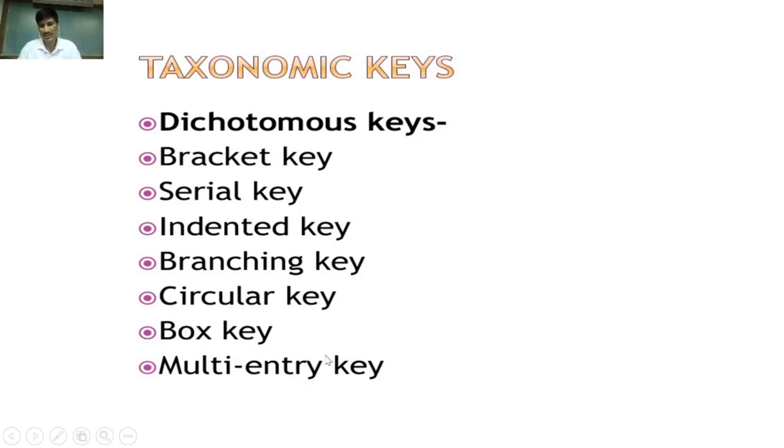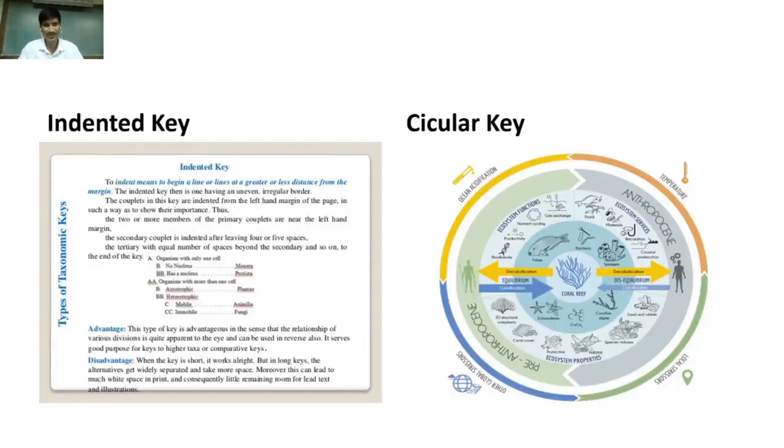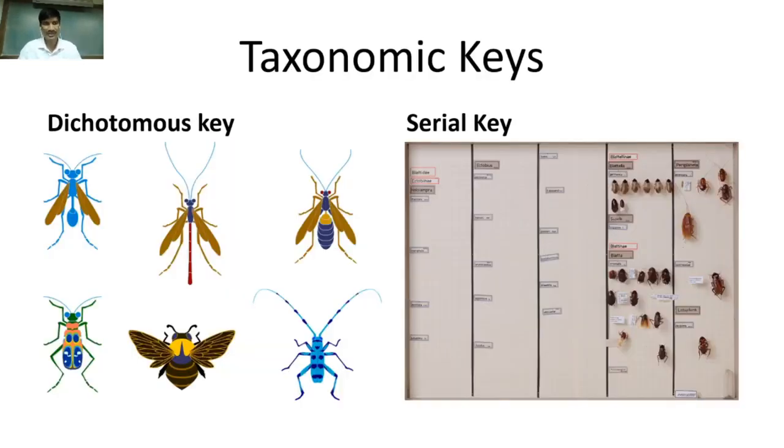We take some illustrations to understand what a key is. Here is the dichotomous key. In the first panel we observe different types of insects and how they are sorted. Firstly we take the abdomen, and those insects that have a petiolate abdomen, this is the wasp. Then those animals that have a slender abdomen are put in another category. Those insects that have an oval abdomen are put in another category.